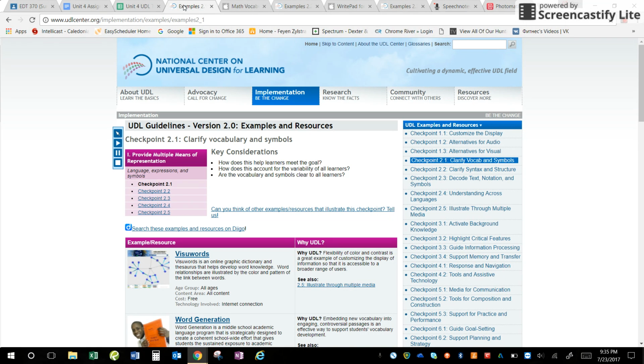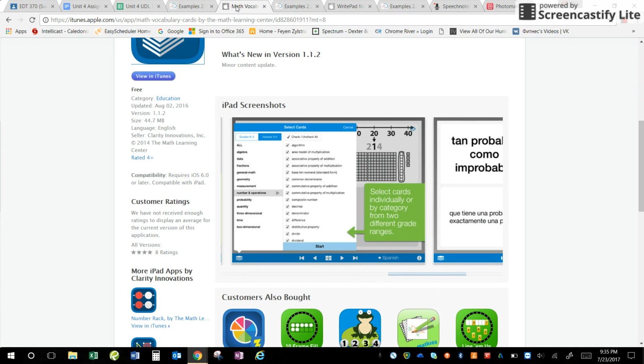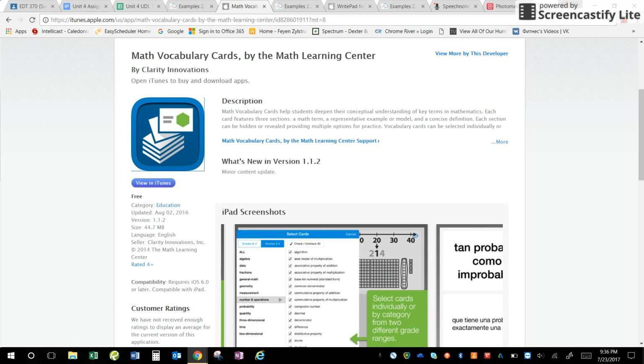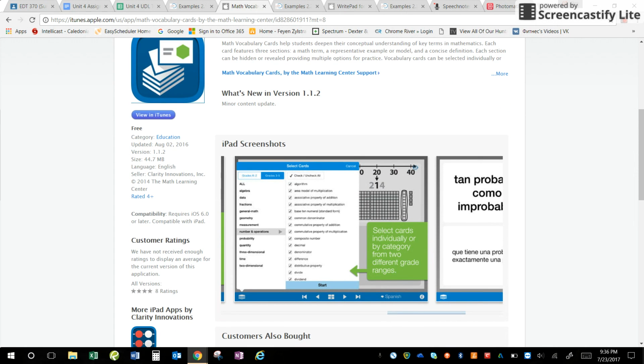symbols. And initially I was going to do this on an iPad, so I was looking at different apps. The app that I found to help with clarifying vocabulary and symbols was this math vocabulary cards, which basically is really a flashcard app. But I think there are many benefits from using it as an app rather than just creating flashcards using pencil